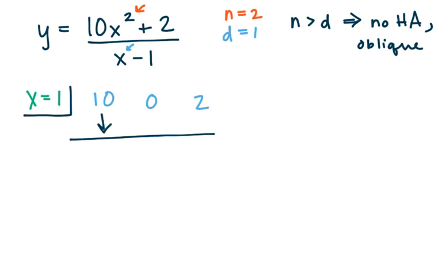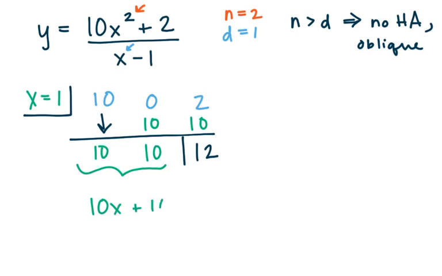So we'll bring down the 10. 10 times 1 is 10. We add, we get 10. 10 times 1 is 10. We add, and our remainder here is 12. So this ends up giving me, for my quotient,